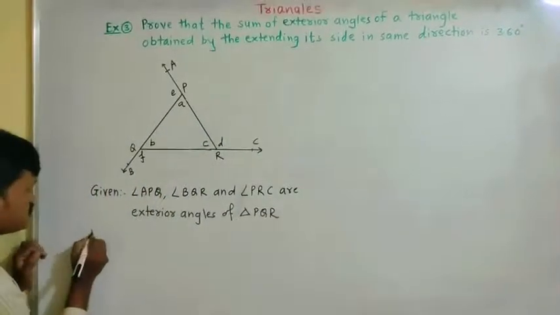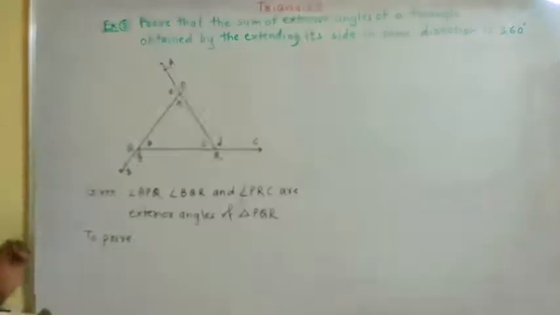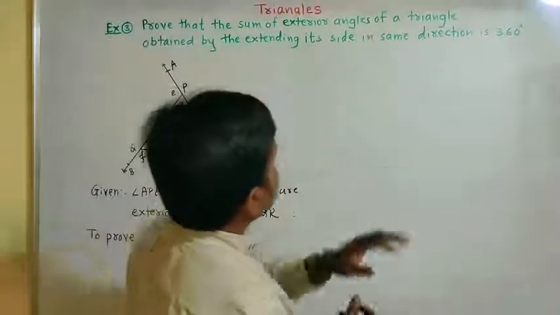And now the proof: what do you have to prove here? The sum of exterior angles is